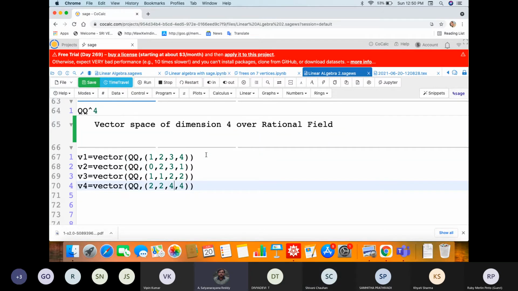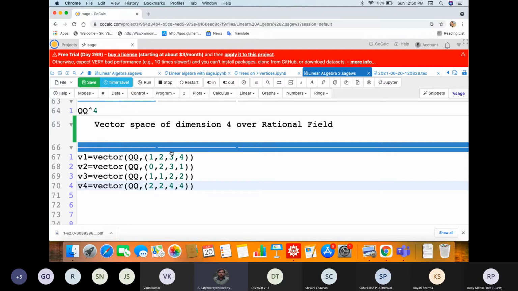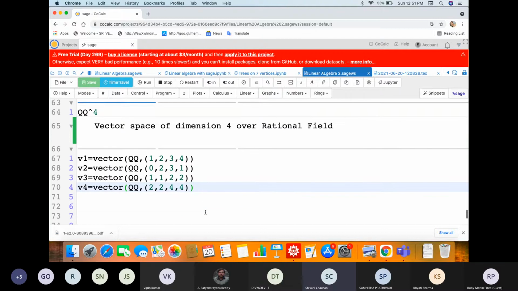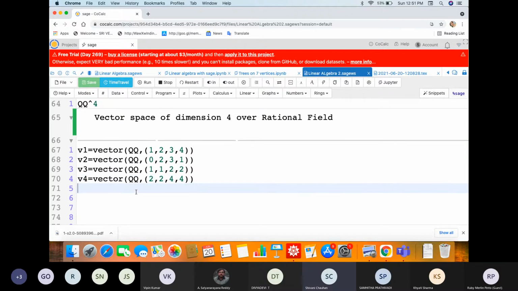So you are saying that Q power 4 is your V, the entire space actually. Okay, fine. What sir has said means if you define any vector and ask V1 in V, it will return true, so there's no need for this QQ, but I have written it here. So I have defined 4 vectors. Now let us construct a matrix from these 4 vectors.